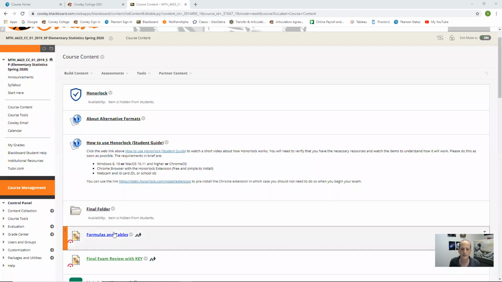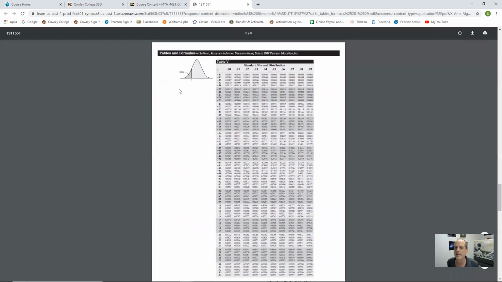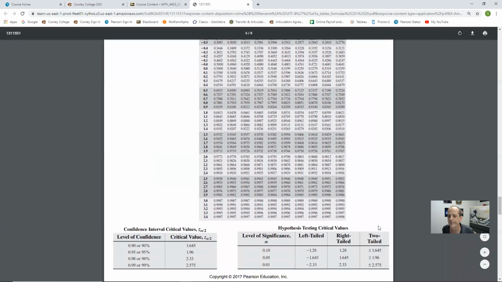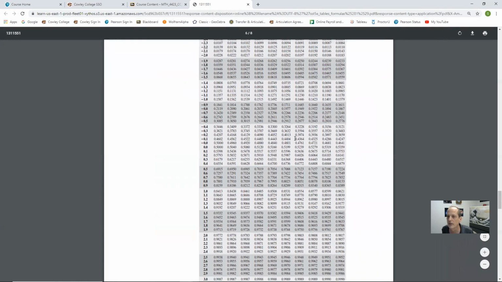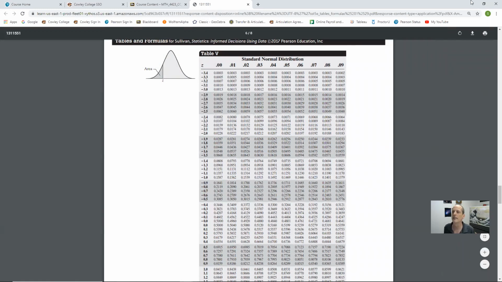All right, so I've got to get the formulas and tables PDF, and I'm finding table 5, Z-score. So if I look through here and try and find 0.05, there's 0.0505, so negative 1.645. You'll see that's going to be negative 1.645,